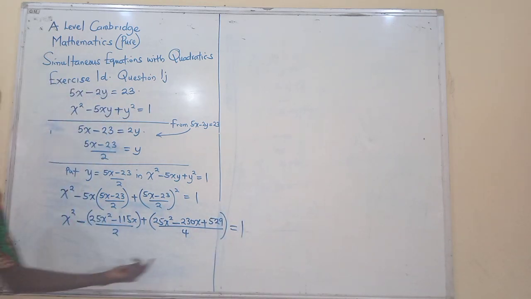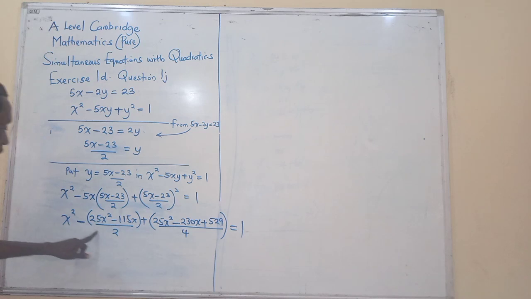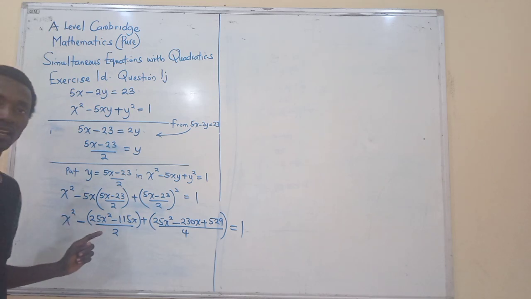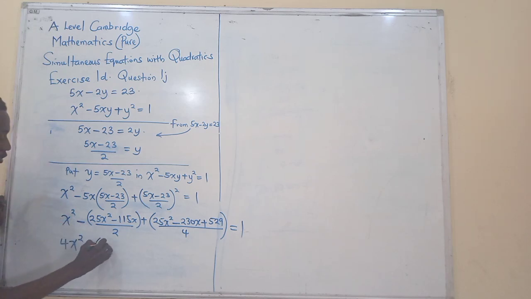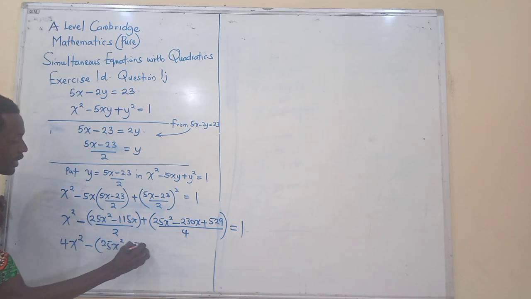So maybe I have one more line here before I go to the next page. With this one, what I advise you to do first is to clear your denominator. Clear your denominator first. And what does that give you? That will be 4x squared minus, remember I'm not using this minus yet, into 25x squared minus 115x